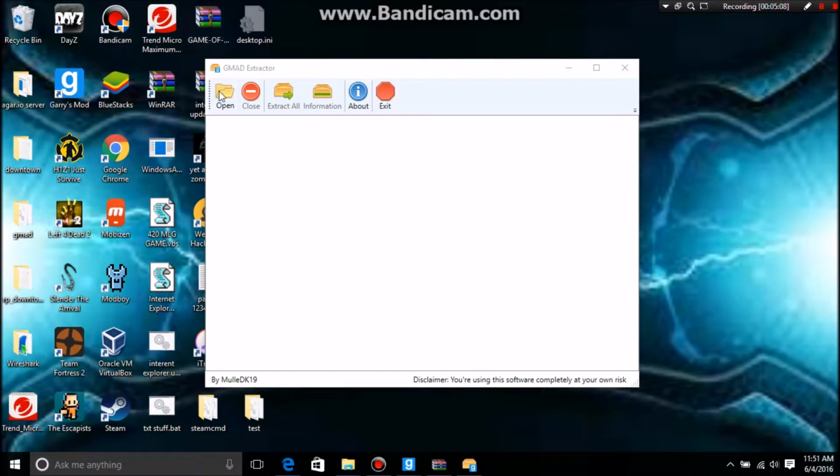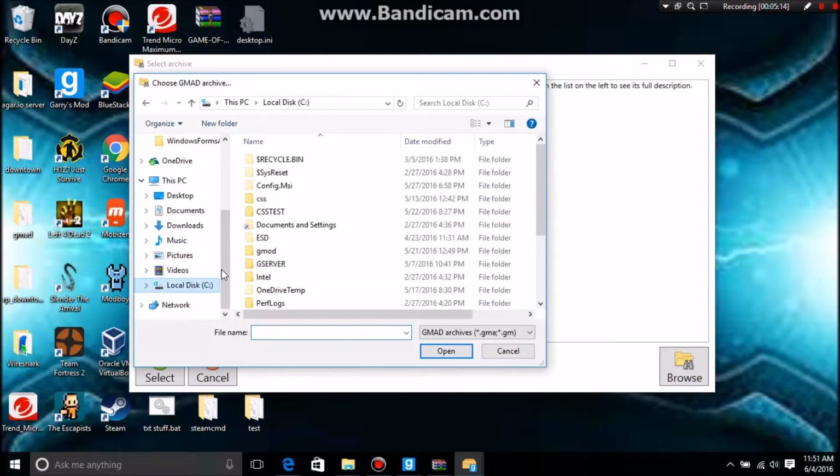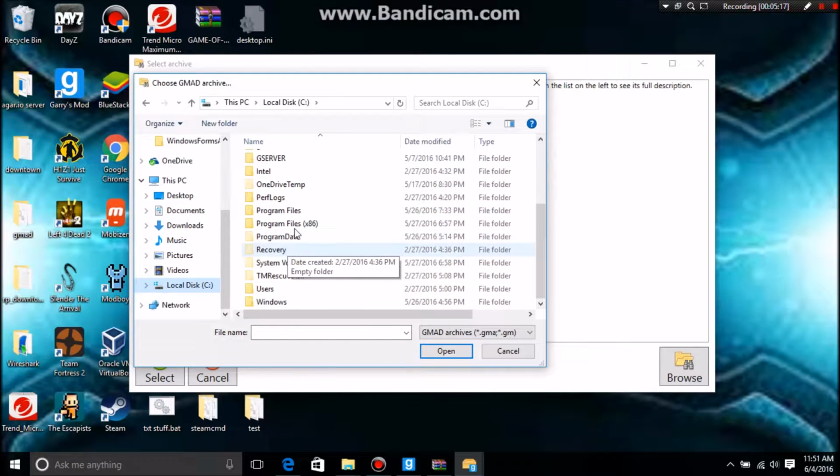So now it'll bring you to this, just click open and click browse, and look at this. See if your Garry's Mod server or where your Steam files are. If you're 32-bit, you go to program files, and if you're 64-bit like me, you go to x86.